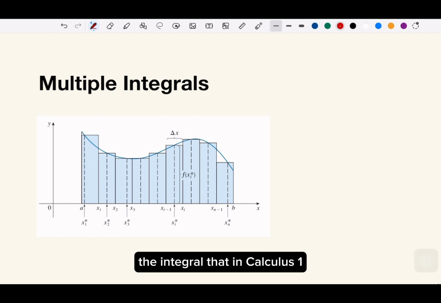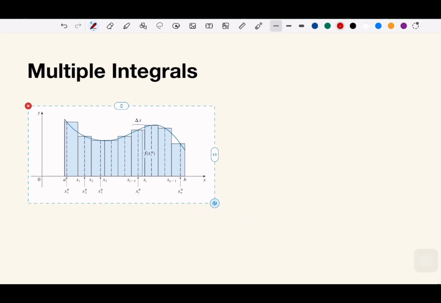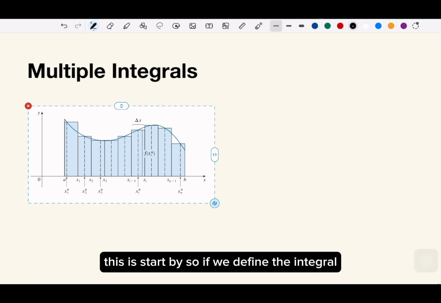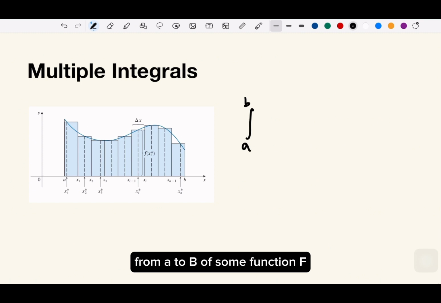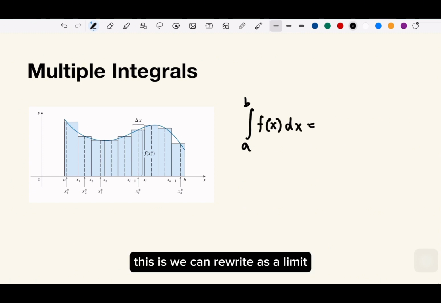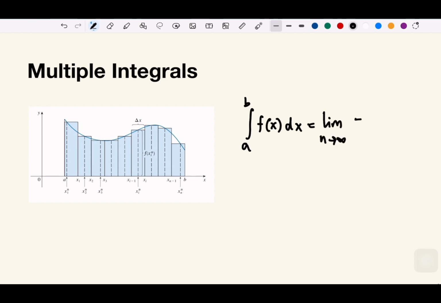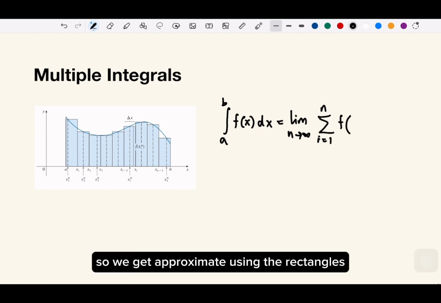The integral that in calculus 1, if you remember, if we define the integral from a to b of some function f, we can rewrite it as a limit of a sum of rectangles. So we can approximate using the rectangles